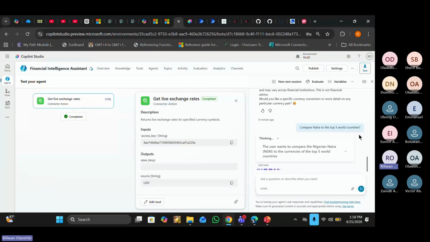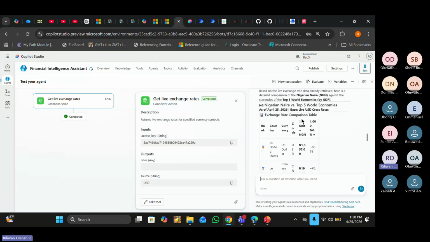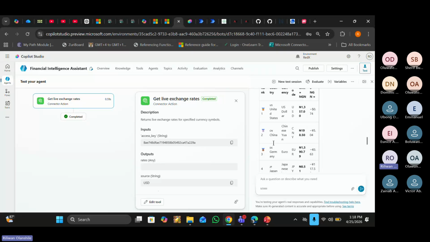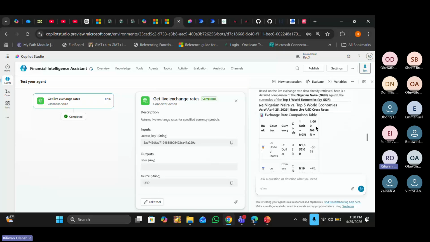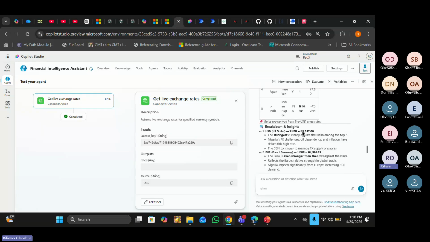I think my network is also contributing to this, but just bear with me, please. I think this is the last part that I'll be talking about. Any other part, if I can answer during the questions, I would. So you can see here, it came back and showed me the top currencies in the world. There are 5 of them: USD, China, so I think yuan, euro, and so on. It made a comparison of 1 unit of each currency to naira. You see, it's telling us that 1 USD to naira is 1,357 and so on. It just gives some other information like that.